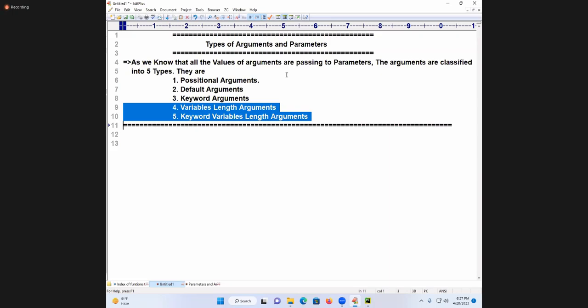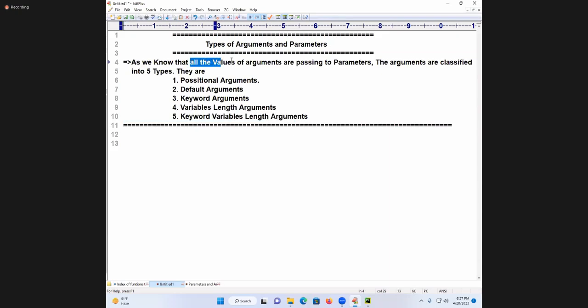Shall we move forward? Students online, did you understand this meaning? First of all, the values of arguments are passing to whom? Parameters.